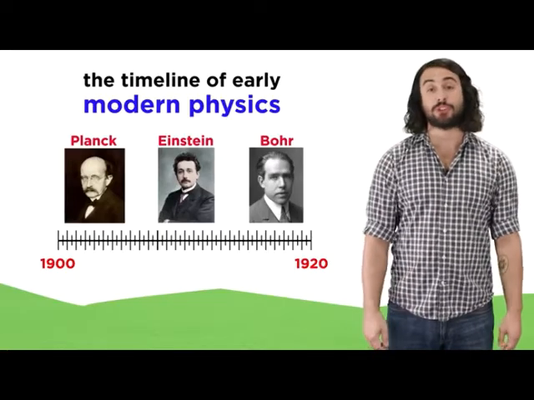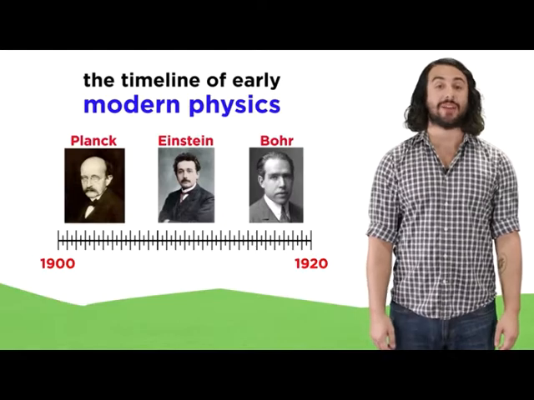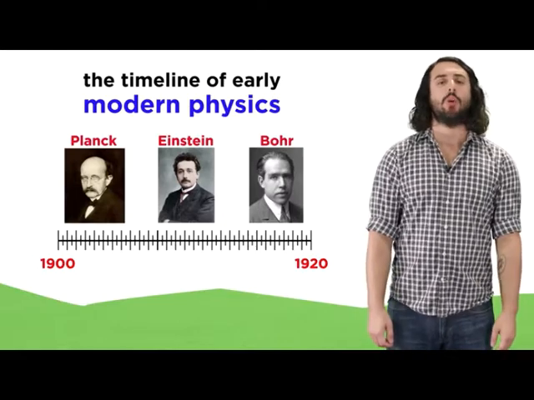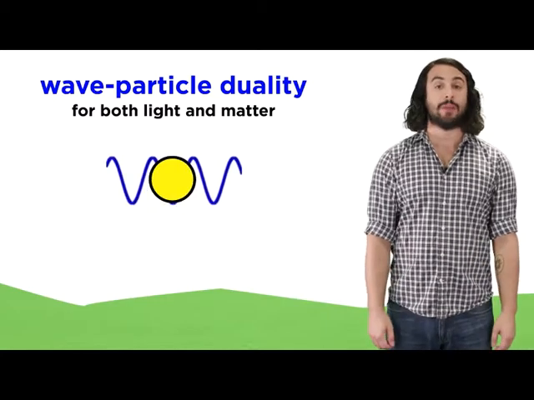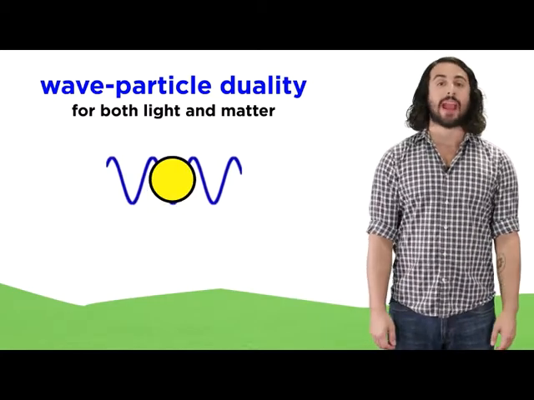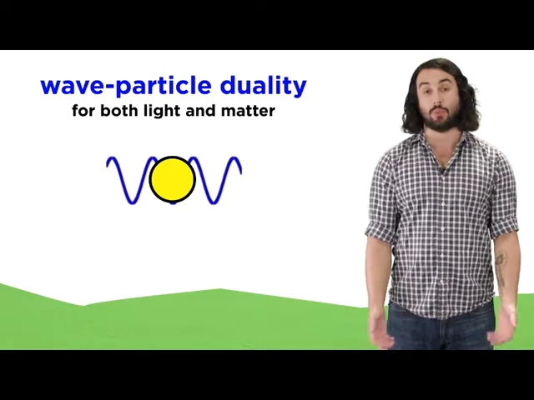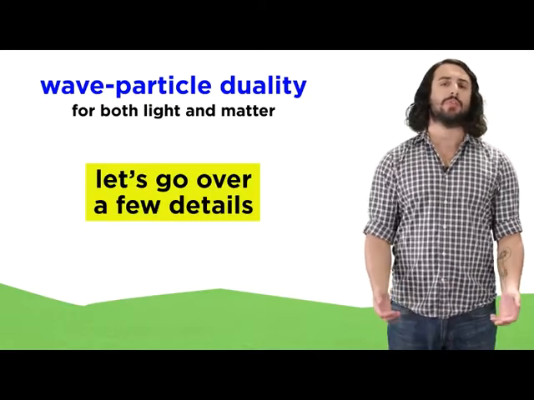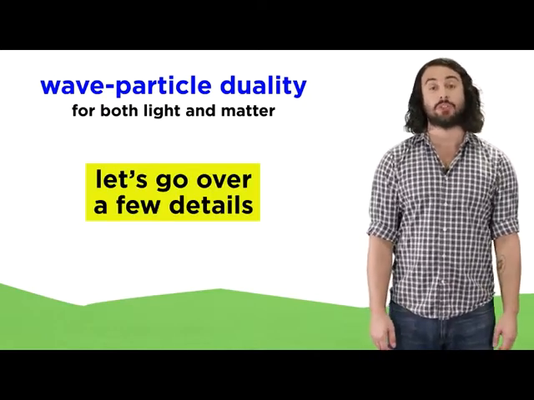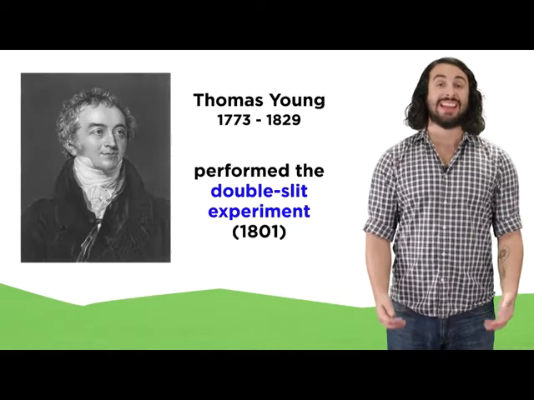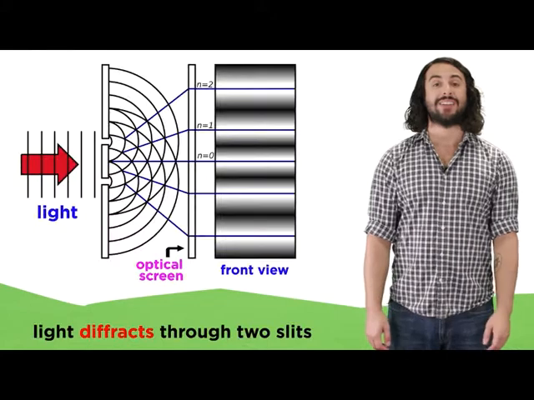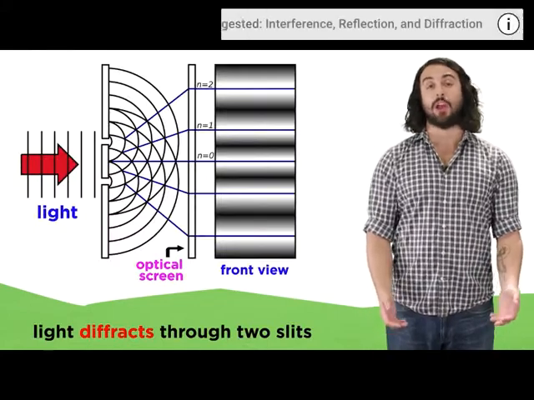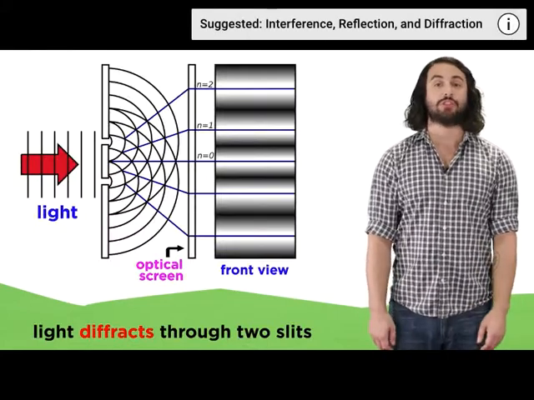In learning about the first few discoveries that led to the development of quantum mechanics, we discussed wave-particle duality. So we understand that both light and matter behave as both particles and waves. But we glossed over some of the technical details, so let's zoom in for a moment. In 1801, Thomas Young performed experiments where light was passed through a plane with two slits in it, striking a